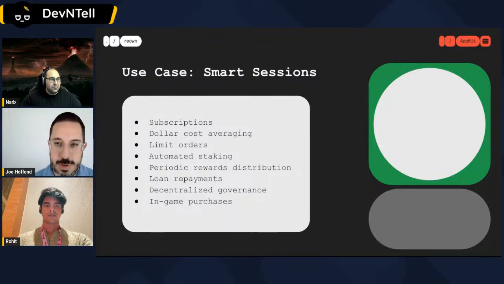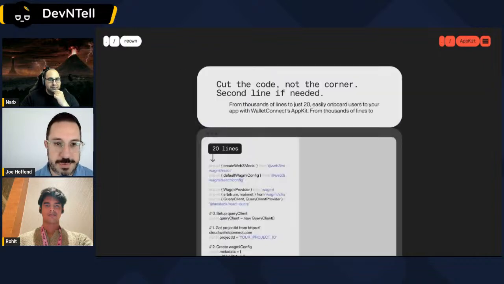Another big one is just when you're playing a game. So a lot of the Web3 games, you might have seen some of the viral videos, but you're playing it and you just keep getting prompted to sign a transaction for something. This can totally eliminate that as well. You can just say, hey, if I'm playing this game, we're good to go. Give it whatever permissions it needs. So this is just a huge unlock. I bet there's a ton more use cases here that aren't even on this list that you all can think of, and we'd love to talk to you about them if you have some other ideas in mind.